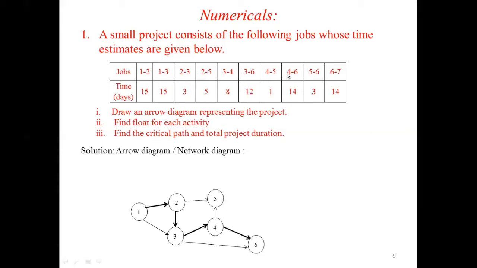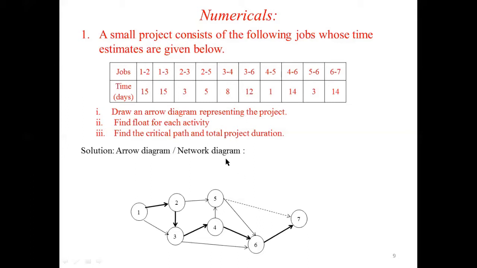Then next you have activity 4 to 6, so you have to show an arrow mark from 4 to 6. Then next you have 5 to 6, so you have to show an arrow mark from 5 to 6. Then we have activity 6 to 7. You have to represent node 7 in front of 6 and write an arrow mark. This network diagram should be a closed one, and hence you have to draw an arrow with a dashed, discontinuous line from node 5 to node 7. This completes the network diagram, and they're given the time taken for each activity.